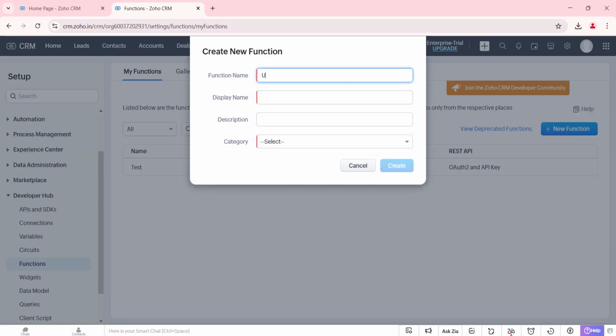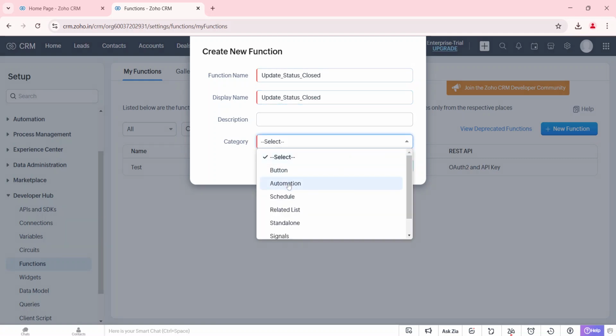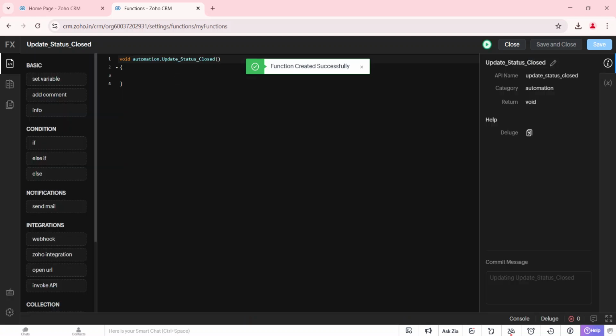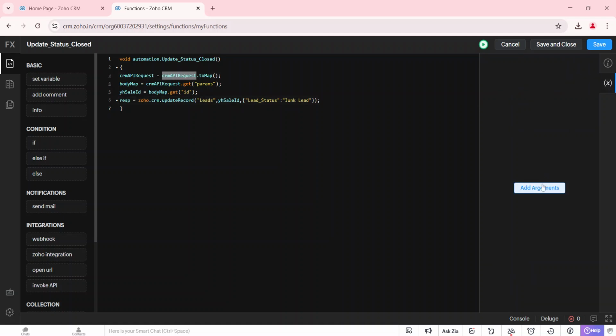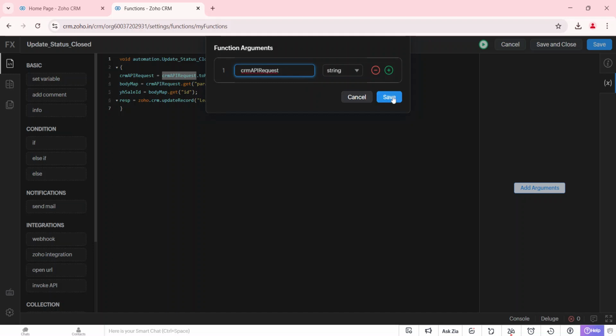Enter the function name. Enter the function display name. Choose the function category automation. Click on create. Paste the code, passing the CRM API request as an argument here. Click on save,